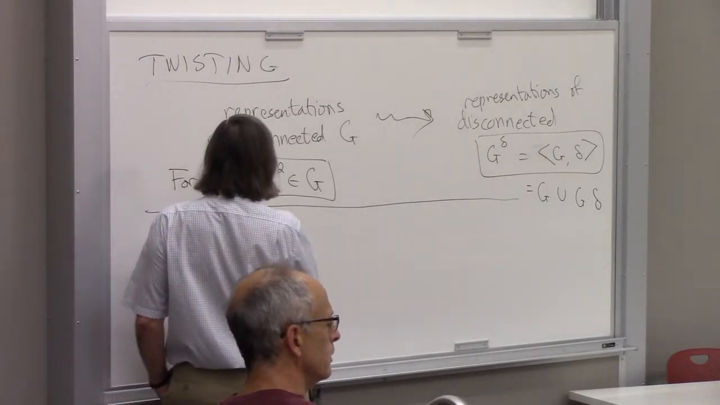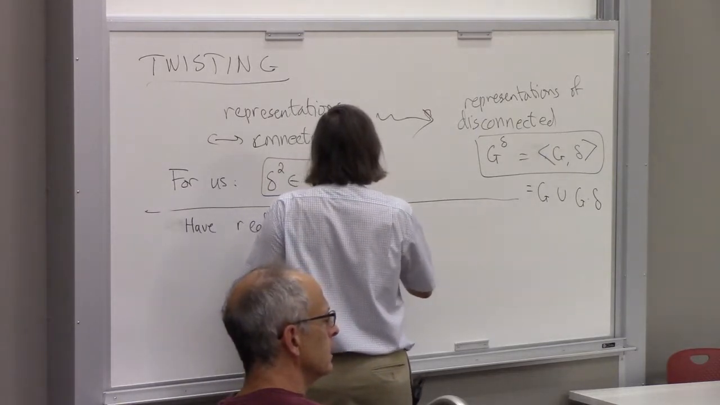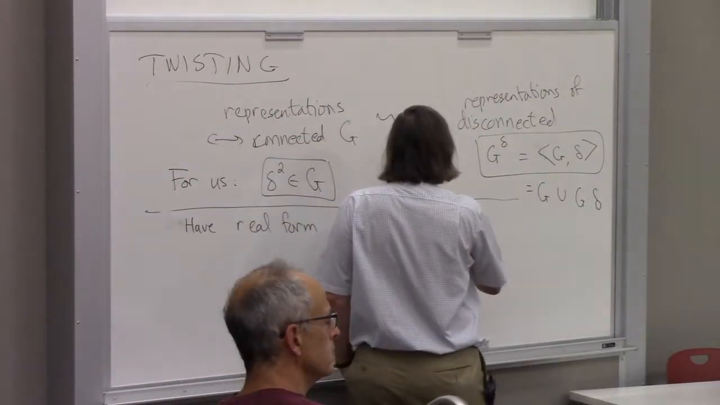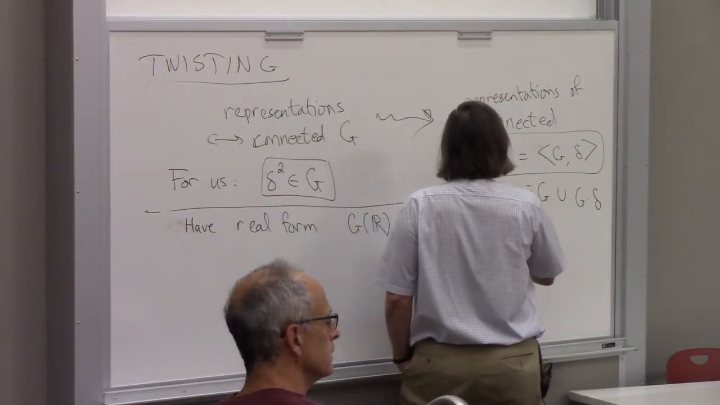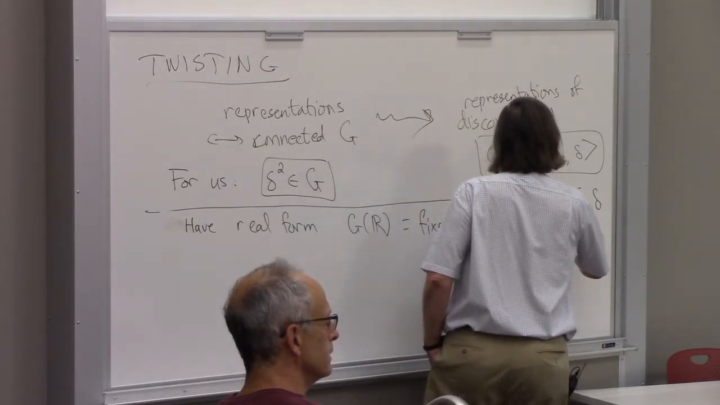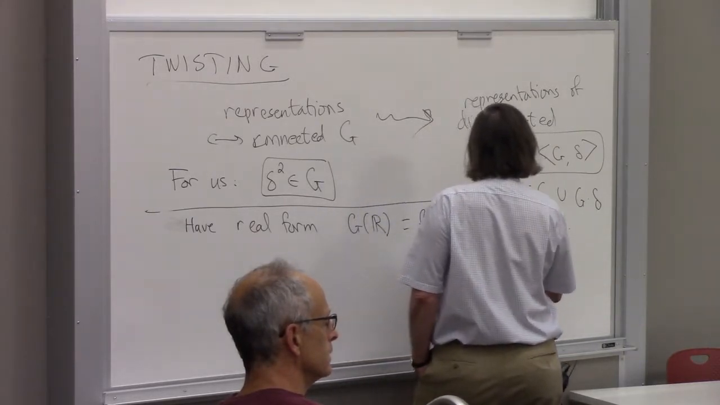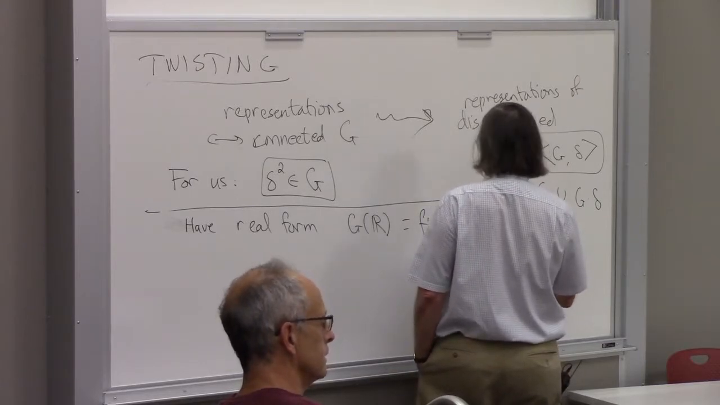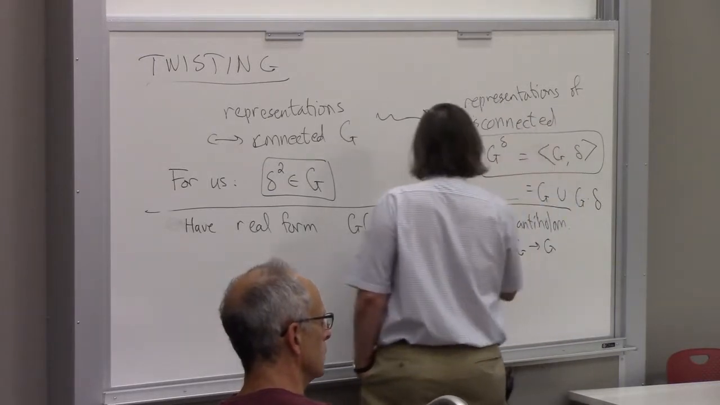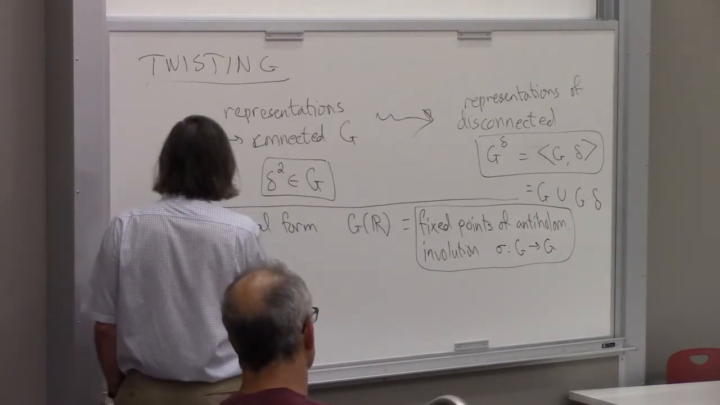we have always a real form, G of R, and always that's the fixed points of this anti-holomorphic involution. I guess I'll just call it sigma, from G to G, and the way the structure theory works